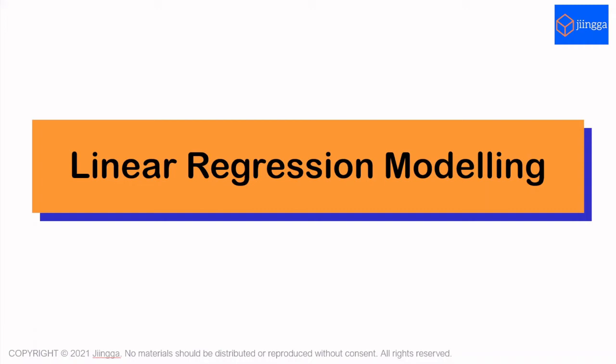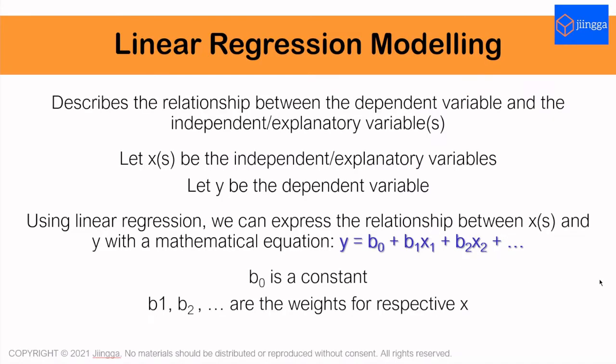You may have heard of the word model a lot. What is a model? Generally speaking, a model is a representation for us to refer or to follow in order to get our answers or estimations. So, modeling means the action of getting the model. Linear regression is a model that describes the relationship between the dependent variable and the independent or explanatory variables.